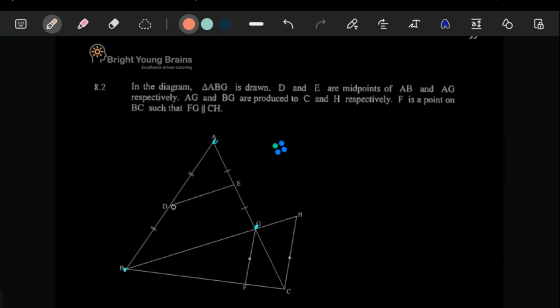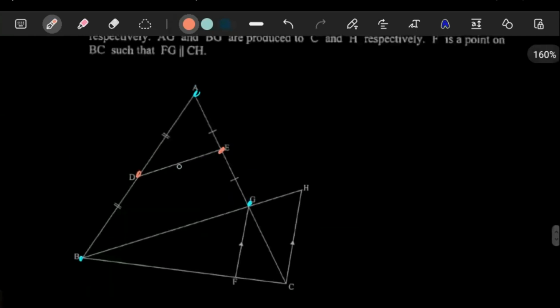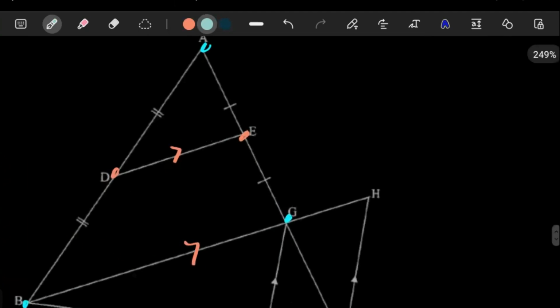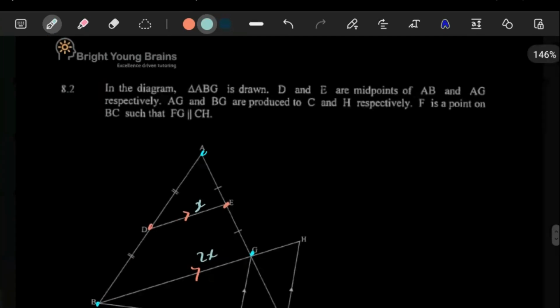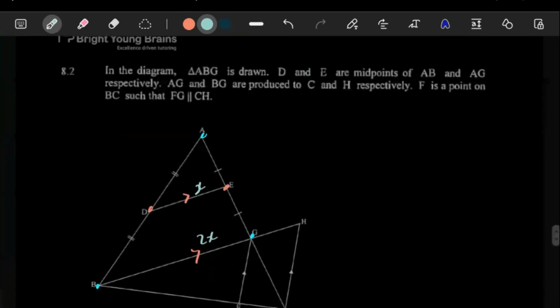Okay, fine. If these are midpoints, automatically it tells you that these lines here are parallel. Furthermore, if this is X, this is just double. That's the midpoint theorem that we're seeing here. They're the midpoints of AB and AG respectively, AG, which is this line here, and BG